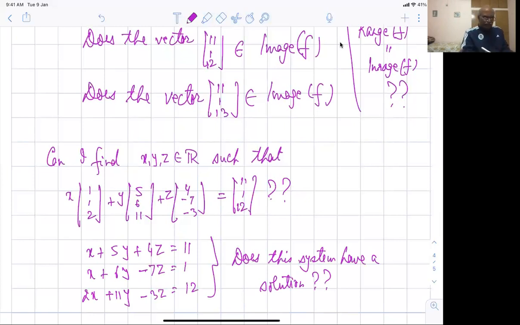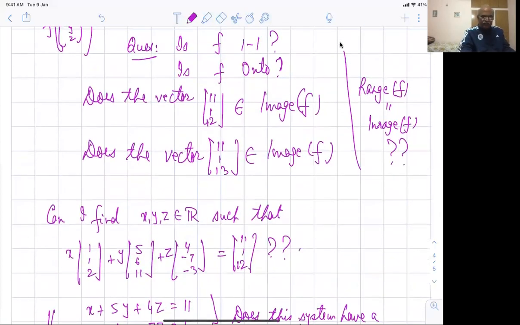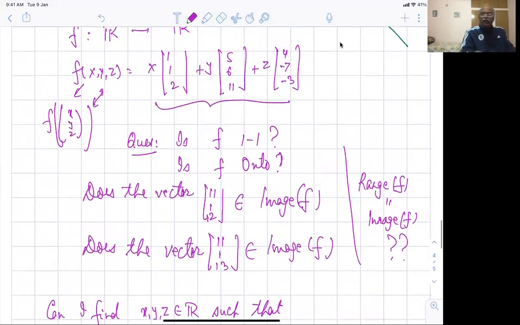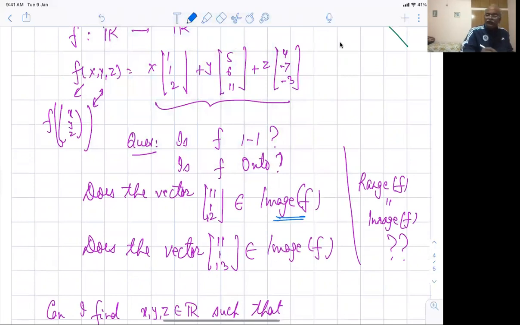Here you are looking at a system of linear equations, three planes, and whether they intersect or not. That is being put into the language of vectors, and then that turns into the language of functions. We need to understand these things. This idea that I am asking what the image is leads to what is called the linear span of vectors. The one-one and onto question will lead to what is called the kernel and things like that, which will come later.